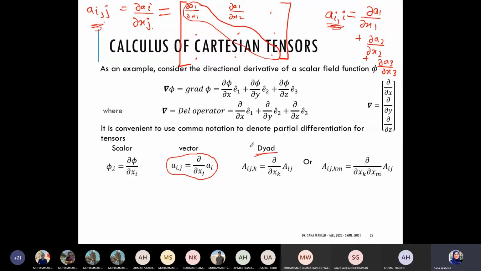So in the case of a dyad, there are actually two ways that the del operator could be applied. One could be a single differential. In that case, for example, we have aij comma k, मतलब ये कि aij का differential with respect to just xk, ठीक है जी? या फिर it could actually be a double differential, in which case it's represented like so, aij comma km. और उस केस में it's again del of aij वैसा का वैसा, और with respect to जो differential है वो xk और then xm हो रहा है।